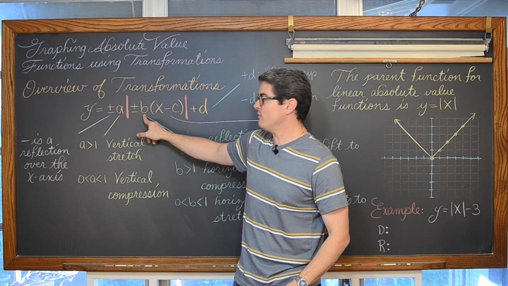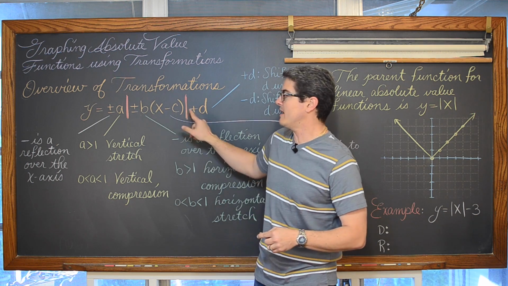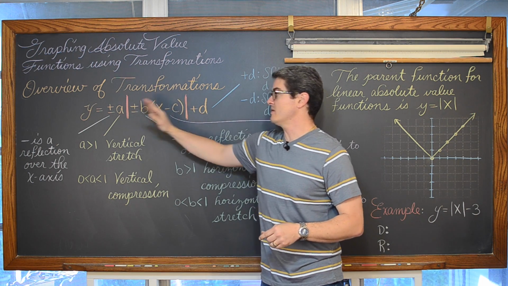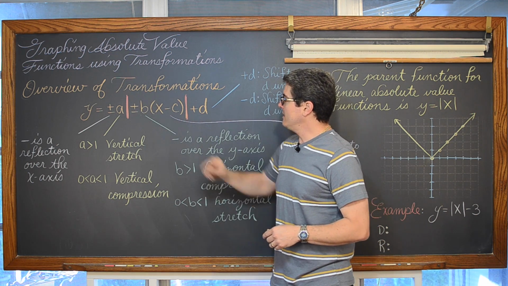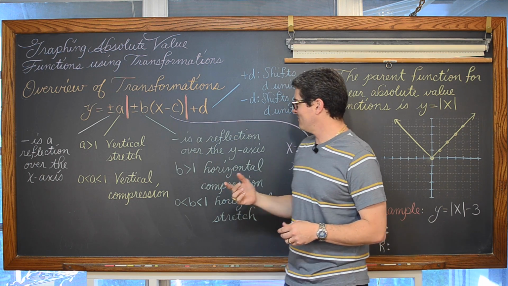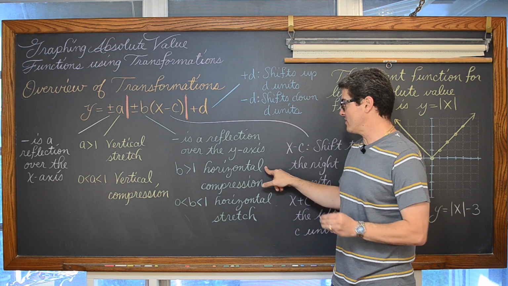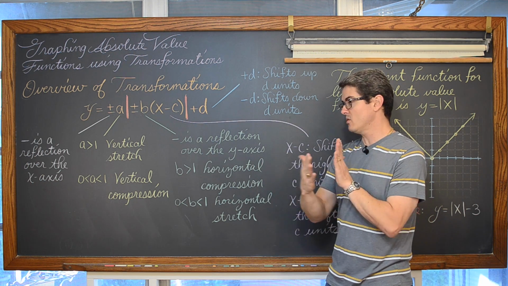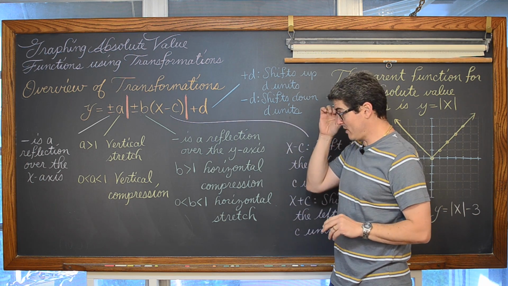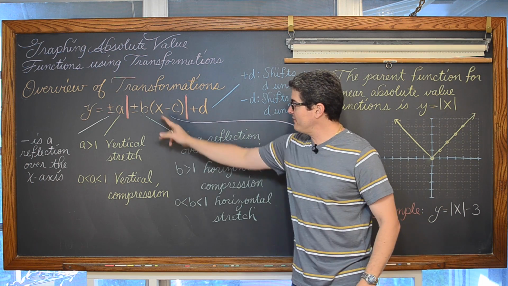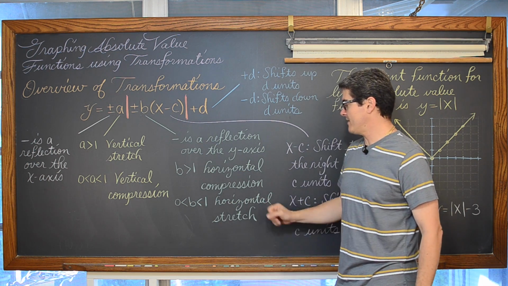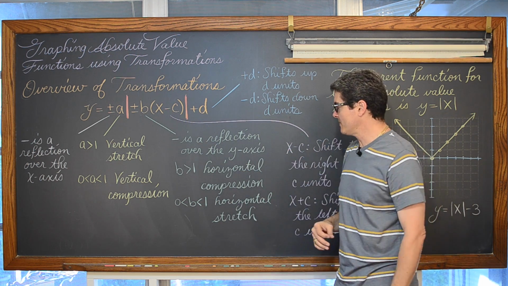If you have a coefficient inside the absolute value function, or this could be square roots, it could be the logarithmic function, then that is going to be, well, wait a minute, bigger than 1 was a vertical stretch, but bigger than 1 inside the math function is a horizontal compression. So kind of like the opposite of what maybe you might think. And if your b value is between 0 and 1, that is going to be a horizontal stretch.